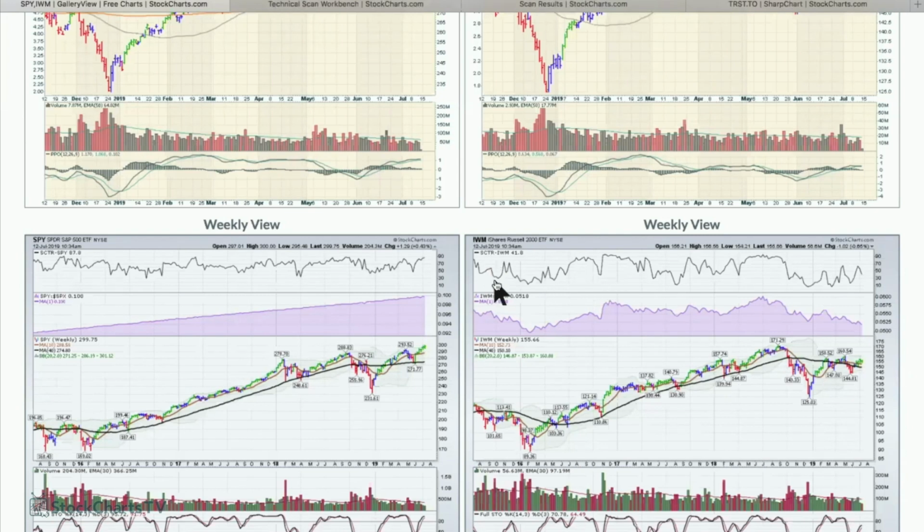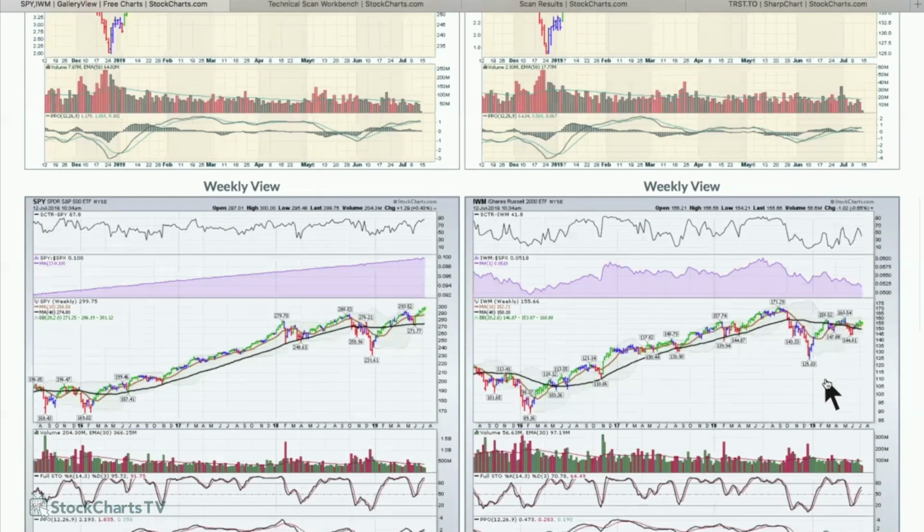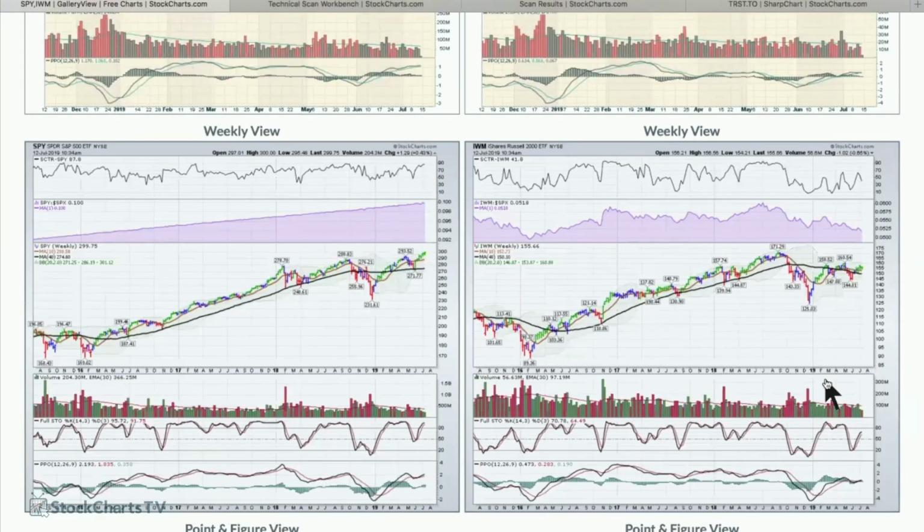Now, looking at the Russell, you can see it's all over the map, but lately it's been stuck in the bottom 50% for almost a year now. Since the September meltdown, the Russell hasn't really been able to get a heartbeat. And what we want to watch for here, again, the Russell can be a good indicator of weakness. And so if the Russell can't start to get some moxie, we probably have to start thinking a little more